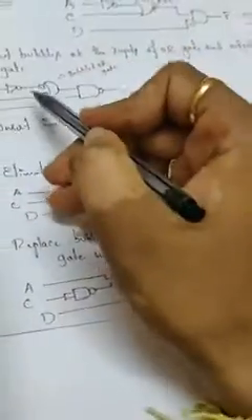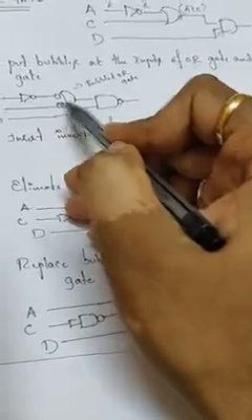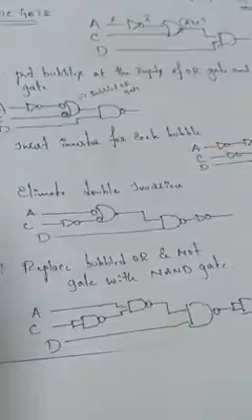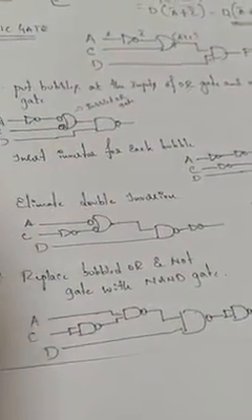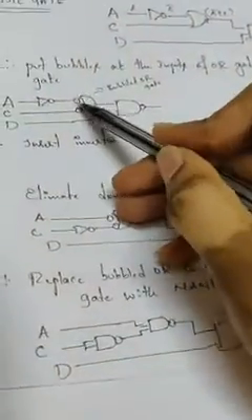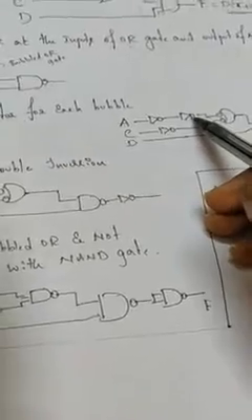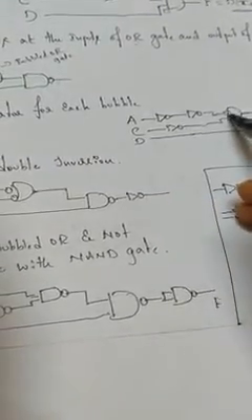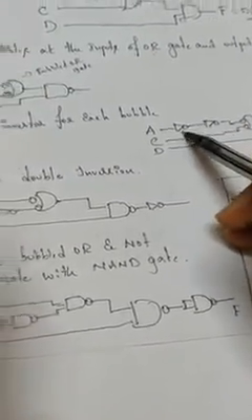So we add a bubble for the input of an OR gate and the output of an AND gate in the first step. Wherever we added the bubbles, you just need to insert an inverter in the second step. So we added 2 bubbles here, and I'm writing 2 inverters here, just behind these 2 bubbles. This inverter was already there.